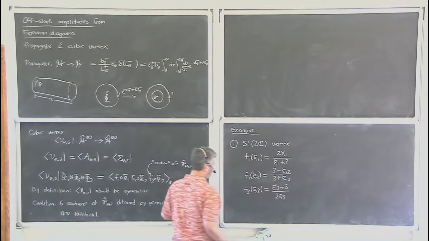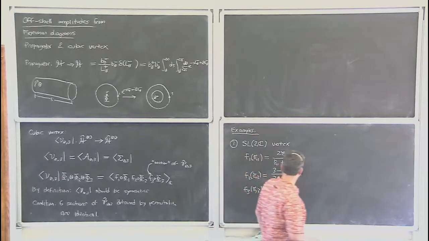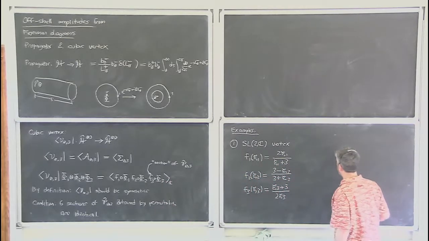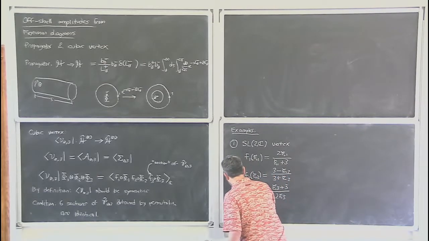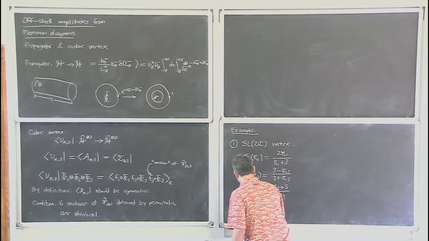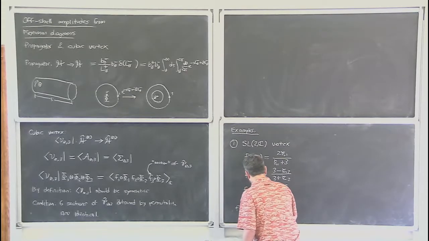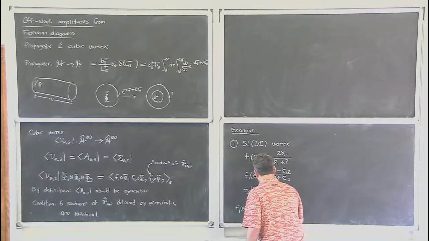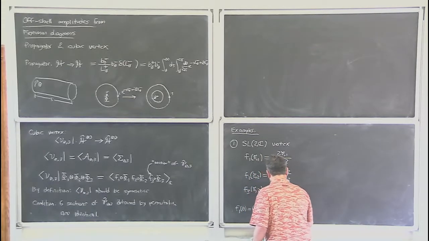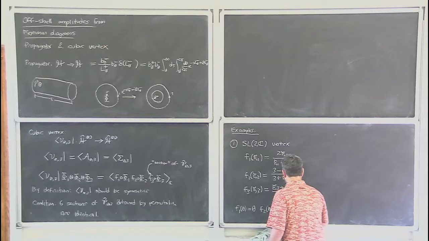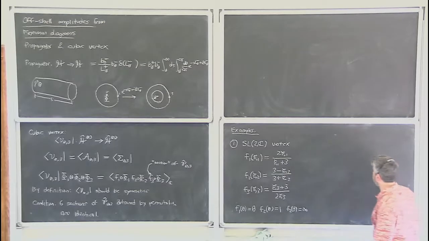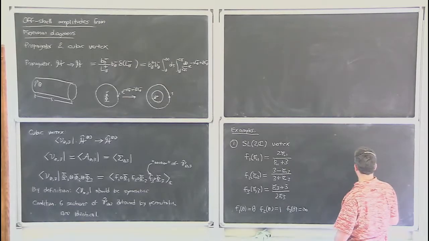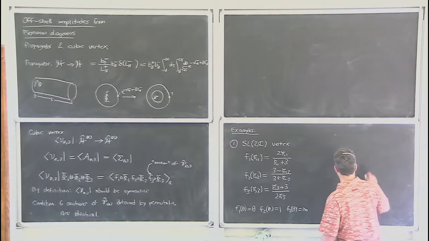So I've chosen these maps so that F1 at 0 equals 0, F2 at 0 equals 1, and F3 at 0 equals infinity. Okay, so you can draw,